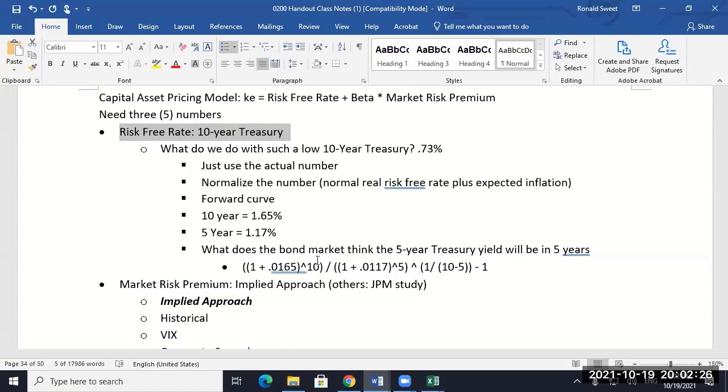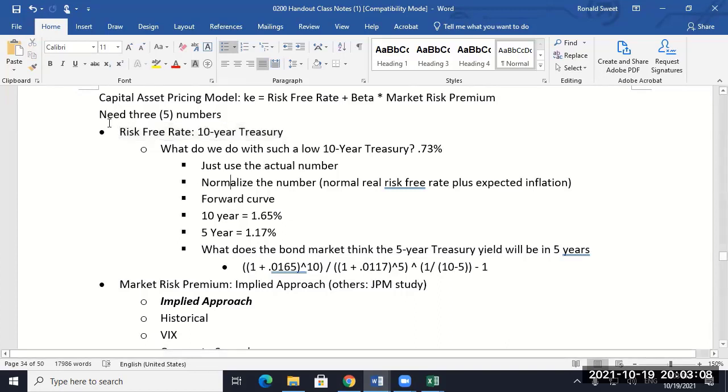Another question to ask is: is the 10-year treasury actually risk-free? And that's when you get into things like matching. I like the way Robert Arnott explains the risk-free rate. The risk-free rate is the treasury that best lines up with your personal cash flow, whatever your value. So whatever treasury best defeases the actual cash flow you're doing, which might not be a 10-year, it might be a combination of treasuries, because very few companies have very small cash flows and then a massive cash flow at year 10. So from that standpoint, it doesn't really match. But 10 years is the most popular, most common approach out there.